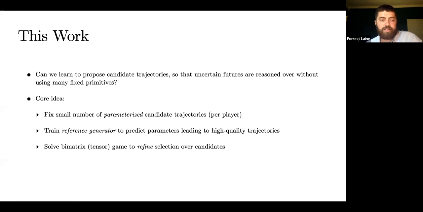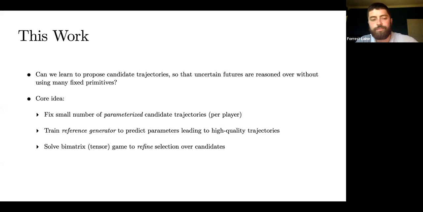So the core idea is basically this. We're going to fix a small number of parameterized candidate trajectories, let's say 3 per player, because in that previous tag game, we only ever saw that 3 were really needed at any given instant. And then we're going to train what we call a reference generator to predict the parameters that lead to these